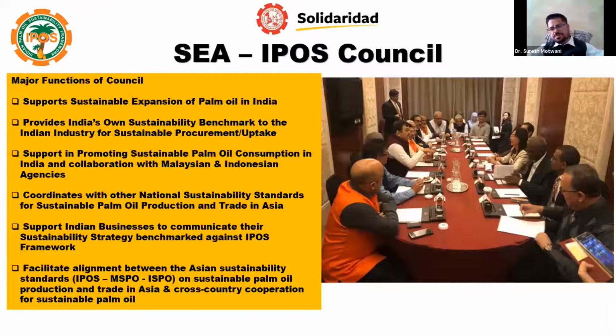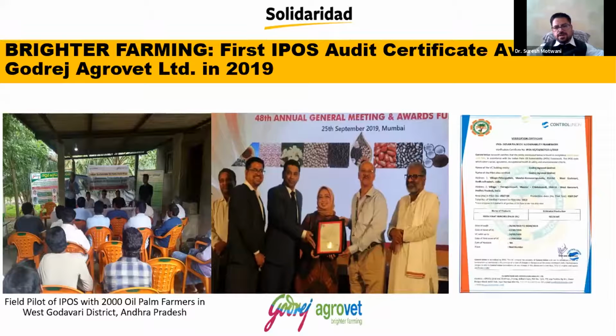Just some indicative pictures basically. ACA also has its own council, the IPOS council, where we discuss only the sustainable palm oil agenda. So you can see the seriousness of the Indian stakeholders when we talk about sustainable palm oil. Efforts are going on. These separate councils regularly meet with different stakeholders and their members, and discuss sustainability issues and agenda, not only on the production side, but also the import side. We are discussing at the government level with different countries like Malaysia and Indonesia how we are going to motivate further demand for sustainable palm oil in India. So these are some of the pictures basically.